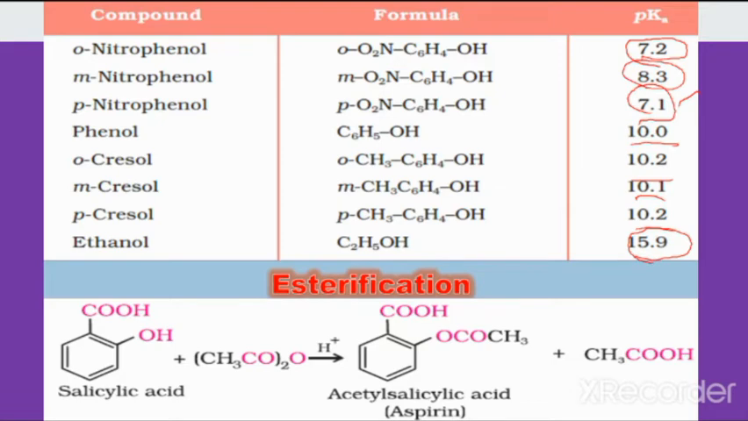With respect to the pKa value, we can also compare the acidity: the one with the lower pKa value has the more acidic nature. In this case the ethanol has a higher pKa value, so it has less acidic nature. The paranitrophenol has a lower pKa value, which means it has more acidic nature. So paranitrophenol is more acidic even than phenol, and ethanol has the least acidic nature among these